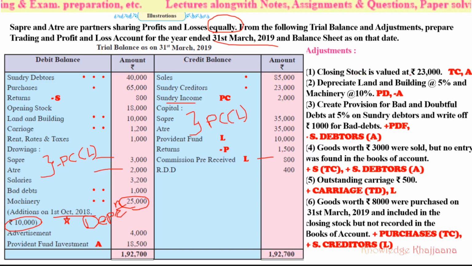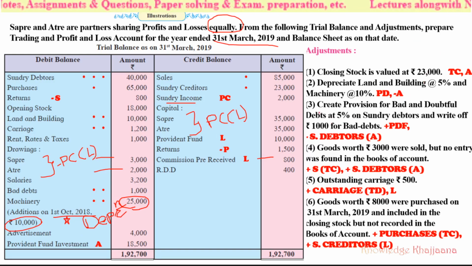Closing stock is valued rupees 23,000. To adjustment, trading account credit side and asset. Depreciate land and building at 5% and machinery at 10%. Okay, so 1 mark against land and building for depreciation, and 2 marks against machinery. Then create second adjustment, that much of depreciation value will be deducted